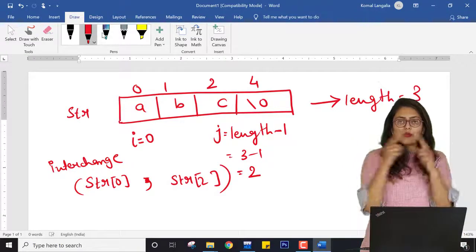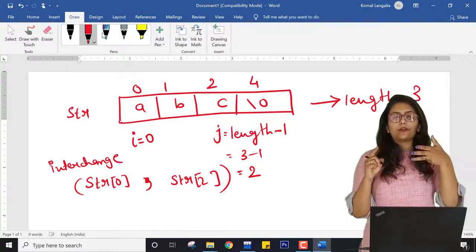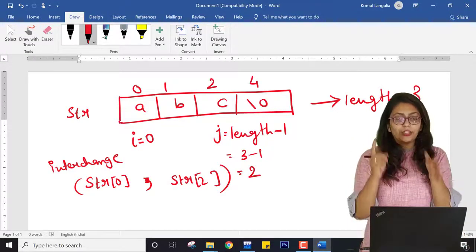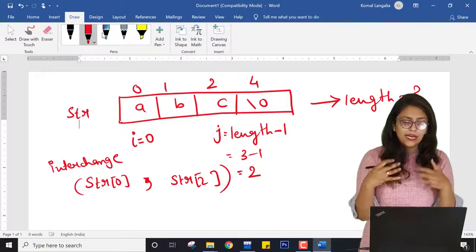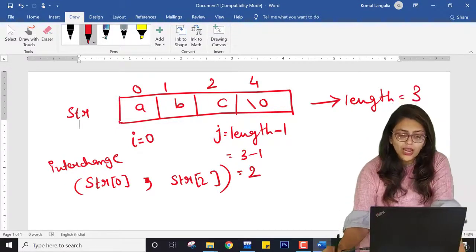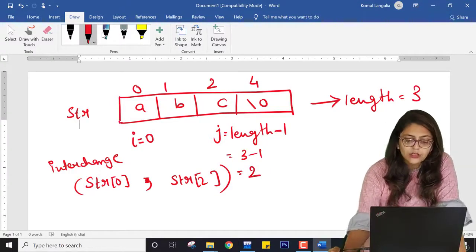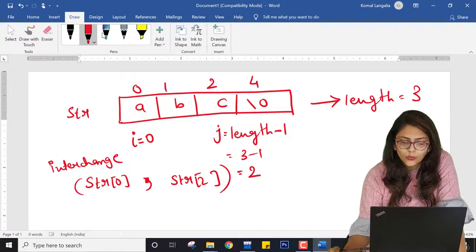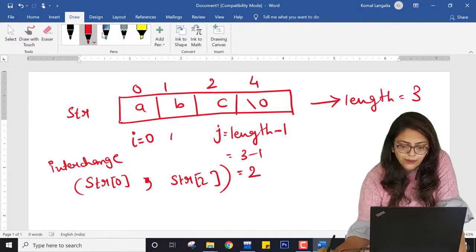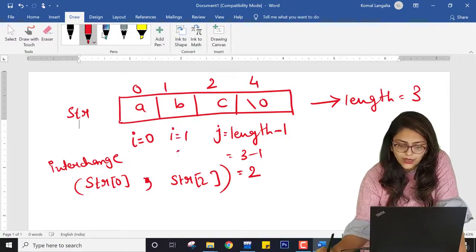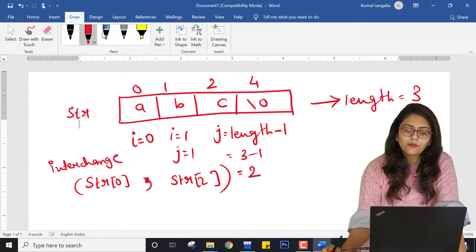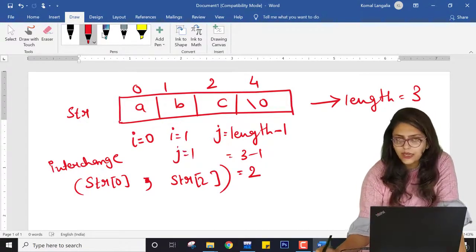That means I am going to swap these characters, and you know the 3 lines of code for swapping any 2 numbers, integer or float, right? So you know the code for swapping; I am just explaining the logic over here. After both are swapped, I am going to do I plus plus and J minus minus. Now both of these will have the same value.